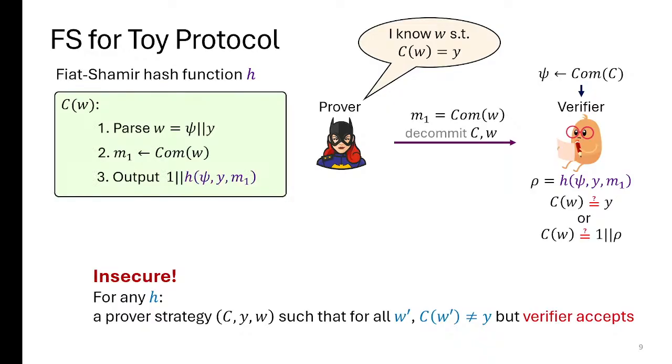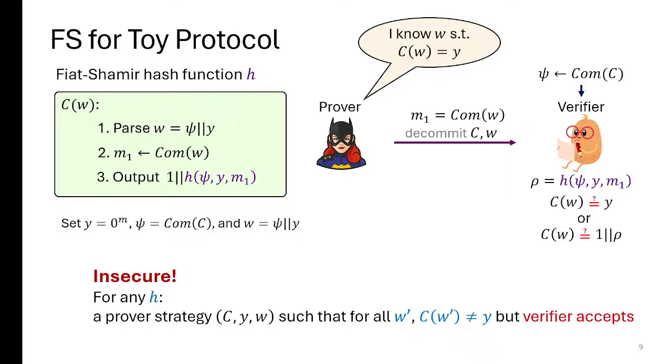So what is the circuit? The circuit is going to get W, and it's going to parse it as the digest concatenated by Y. It's then going to compute the commitment, it's going to compute M1. And then it outputs 1 concatenated by H of the stuff, the same stuff that's computed here. So I've given you the circuit. It's still not clear why this is an attack, but